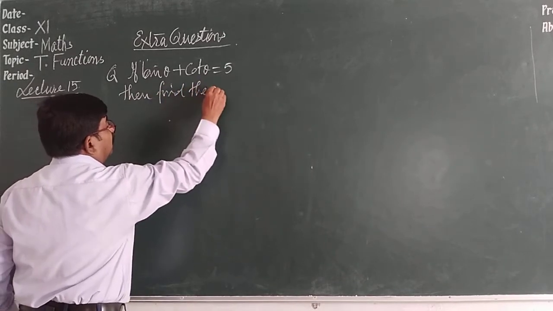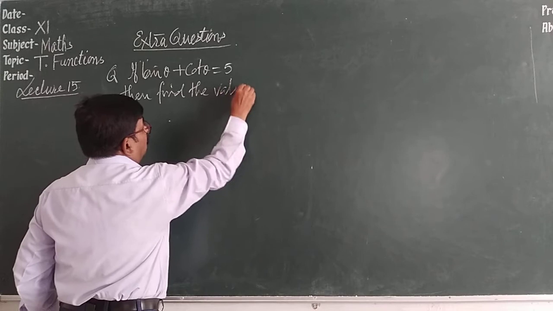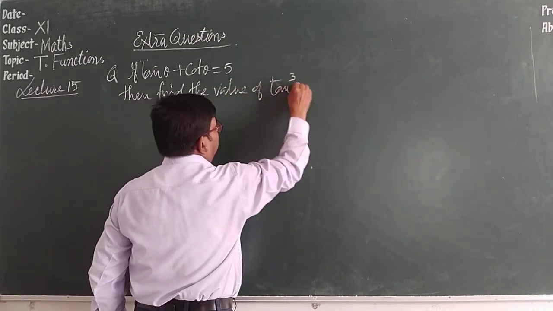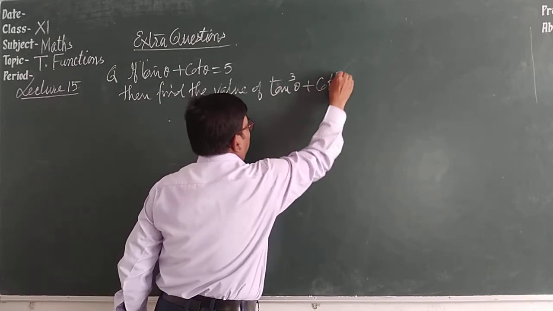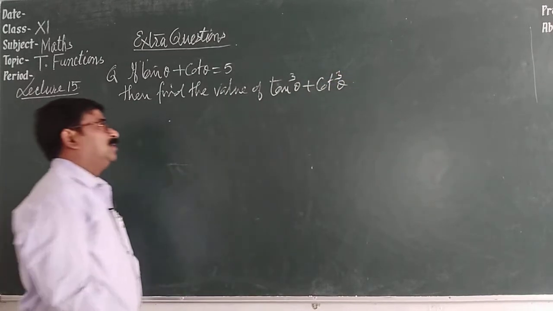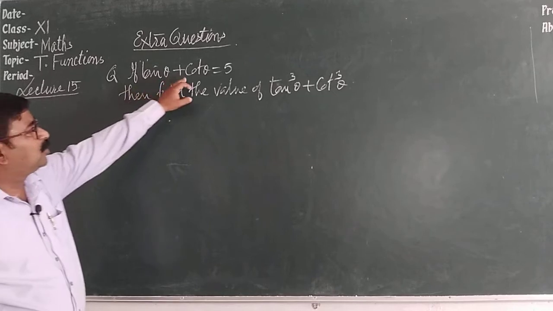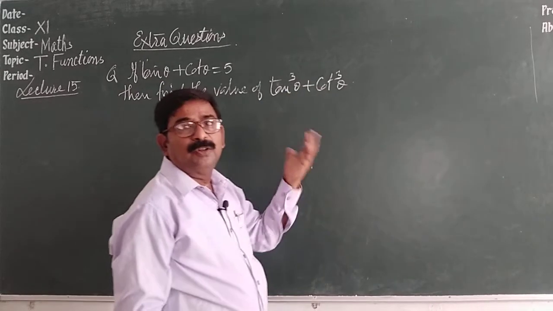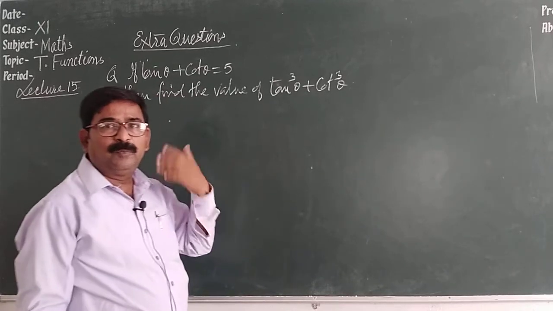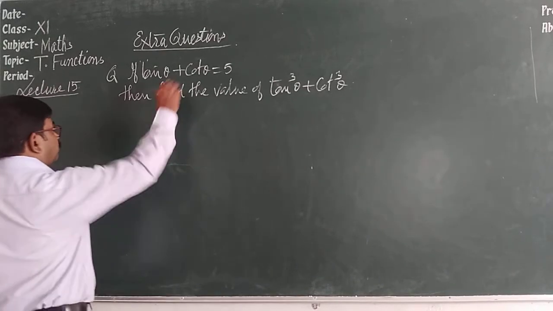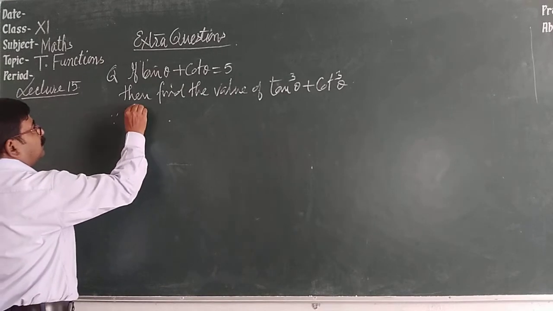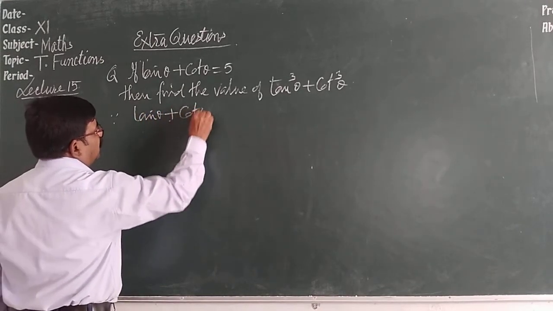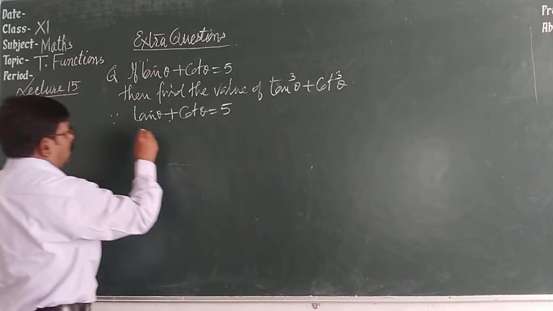find the value of tan cube theta plus cot cube theta. Simple. See, tan theta and cot theta is given. We have to find tan cube theta plus cot cube theta. So whatever is given, you have to make its cube. Since tan theta plus cot theta is equal to 5,